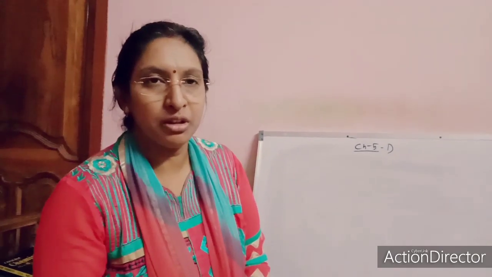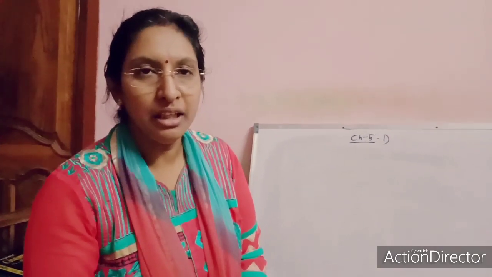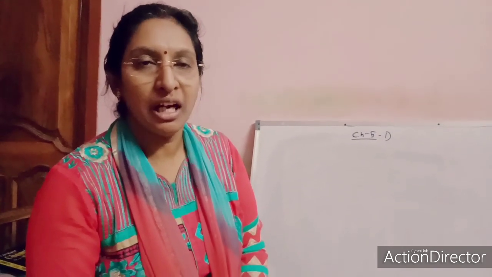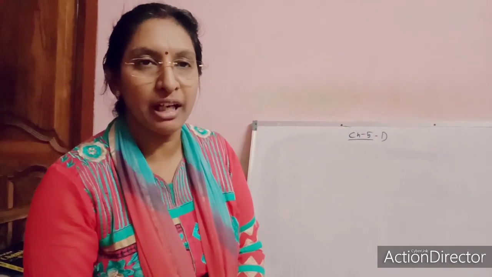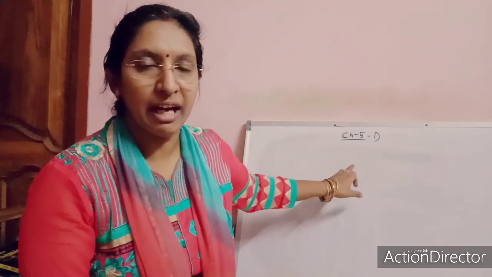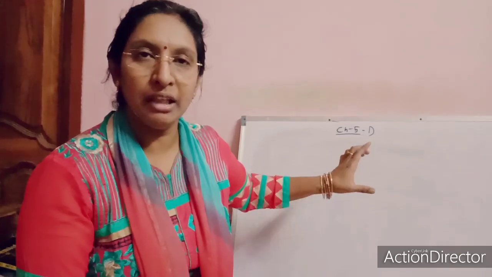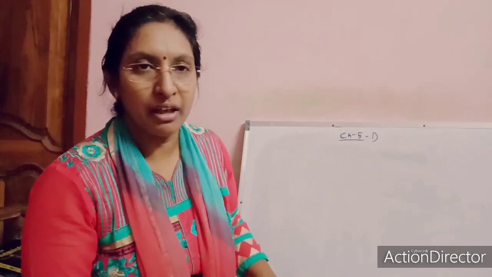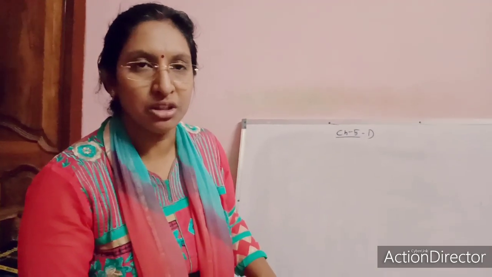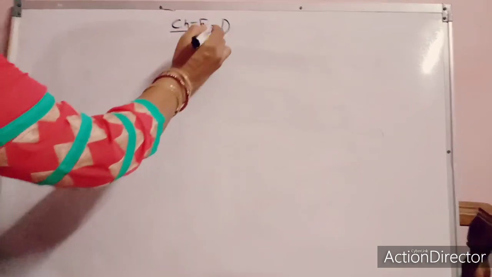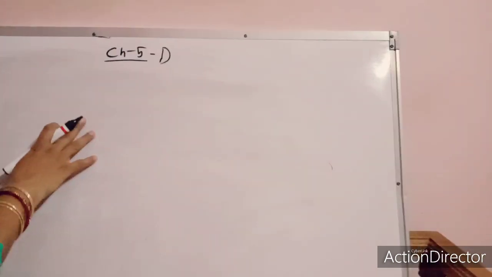Okay. So till now we have completed chapter 5 B and C. Now I am going to give the theory of what identities you have to use to factorize some other terms for exercise 5D. I'll give only the theory. In the next class I'll explain the related questions. Only theory I am giving. This is the 5D.